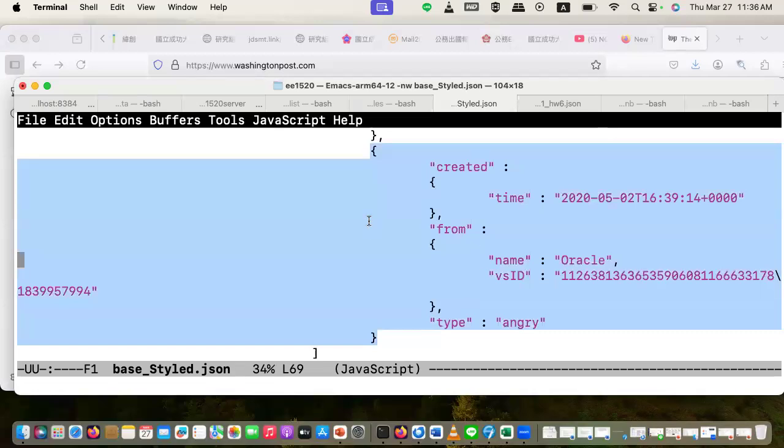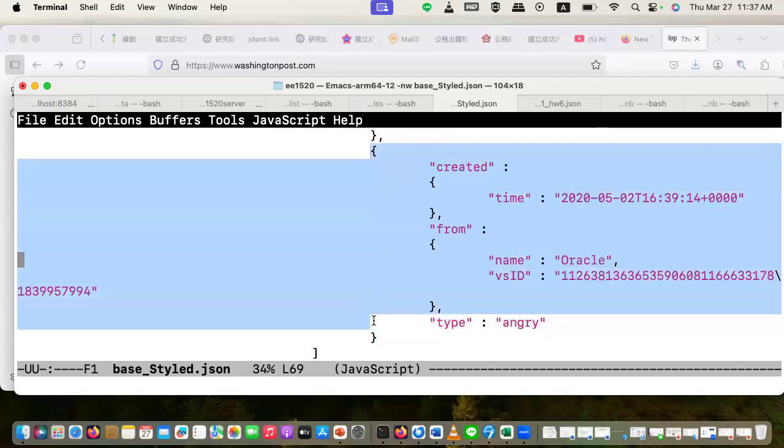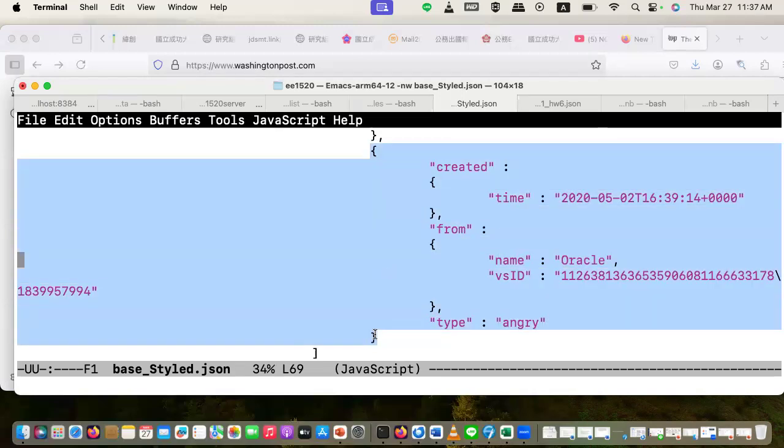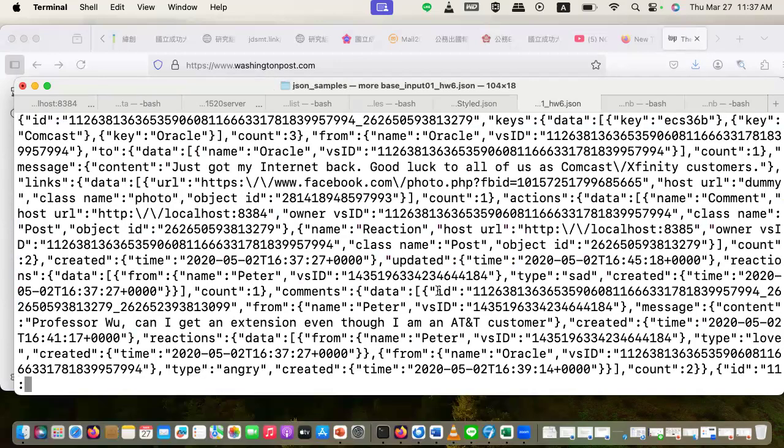Okay. So essentially, you can think of this as a reaction object, which is the JSON representation. In other words, this particular JSON I show you has lots of sub-objects included, and putting all of these together, I can represent something fairly complicated.